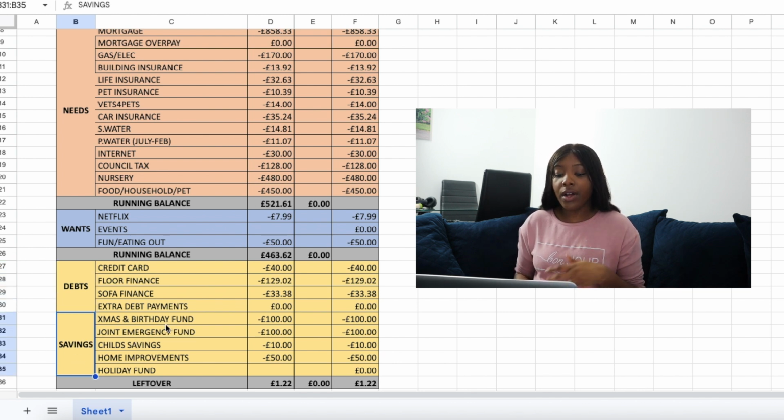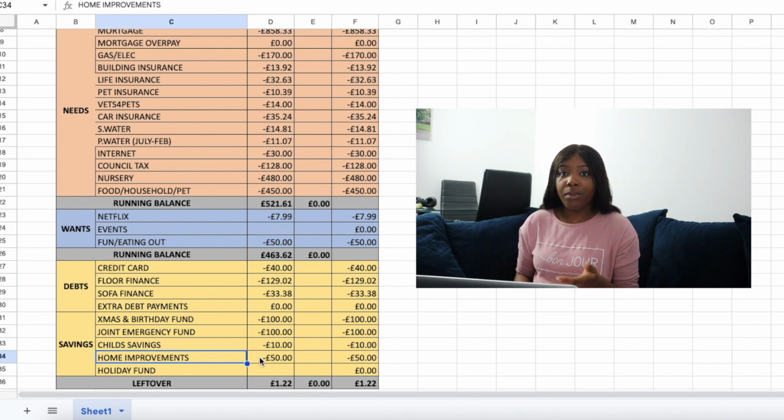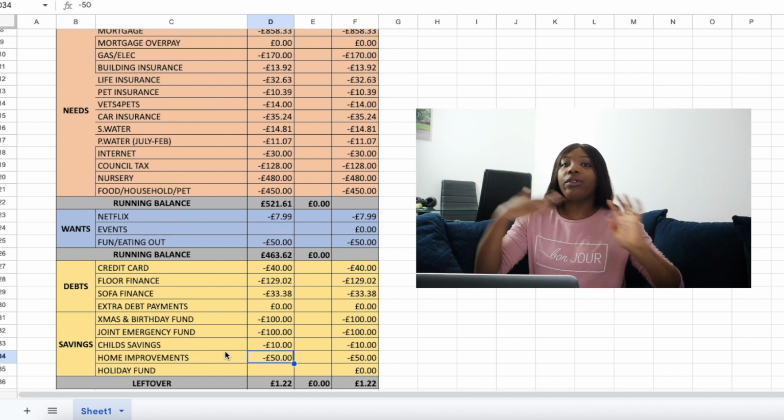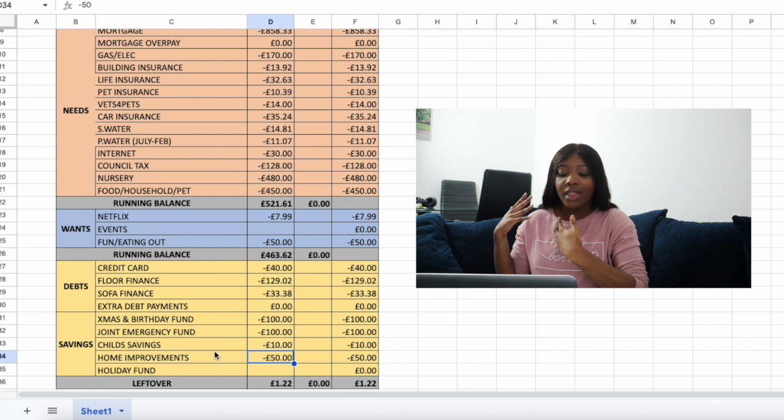So they've got a sinking fund for Christmas and birthdays. They're currently putting 100 into that. They also have a joint emergency fund, so they're currently putting 100 into that as well. They've got some child savings, so they've got 10 going into that. And they've also got 50 going into home improvement. So I assume that this will then take place instead of having to finance other stuff when they want to